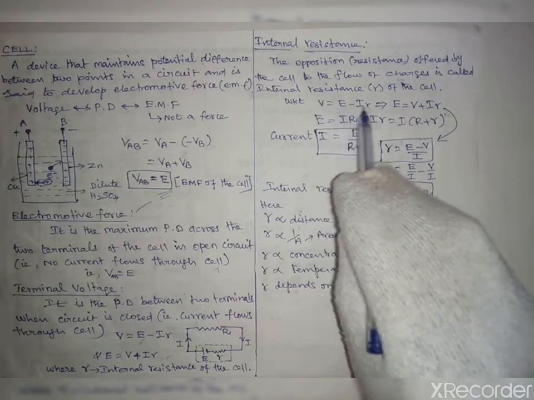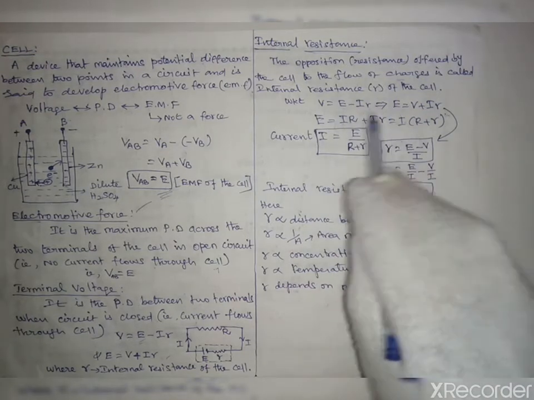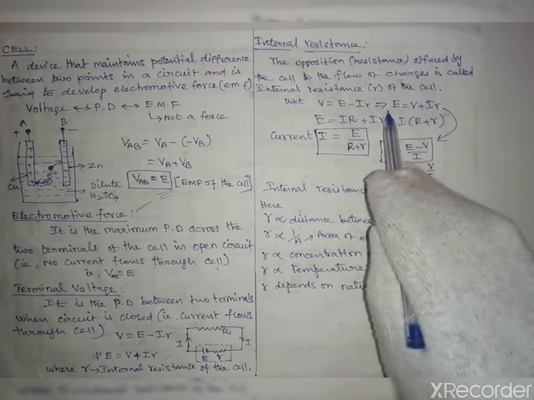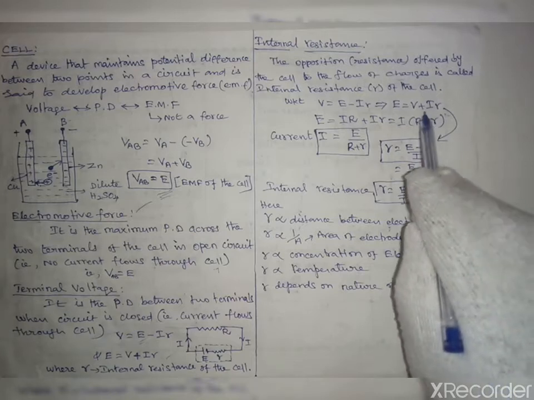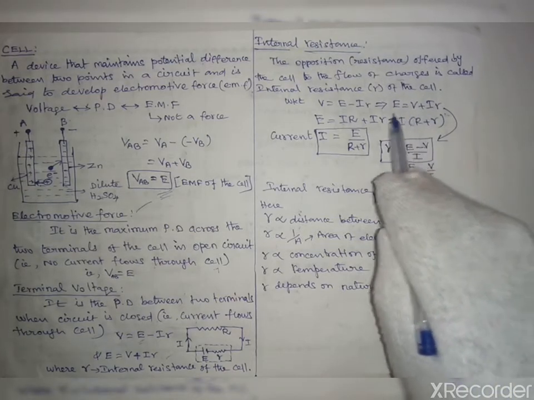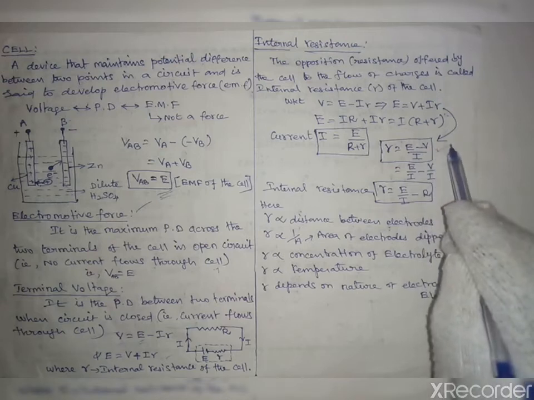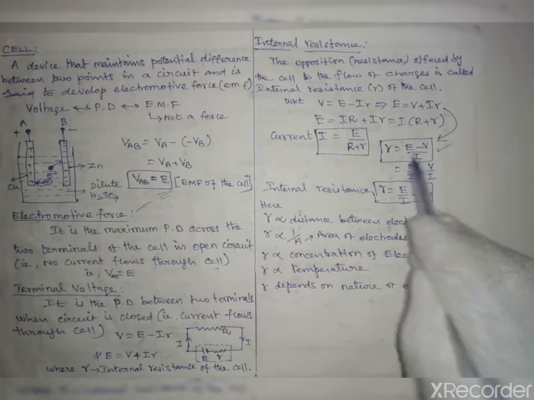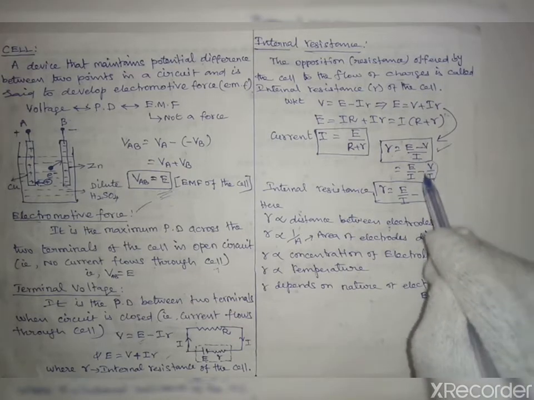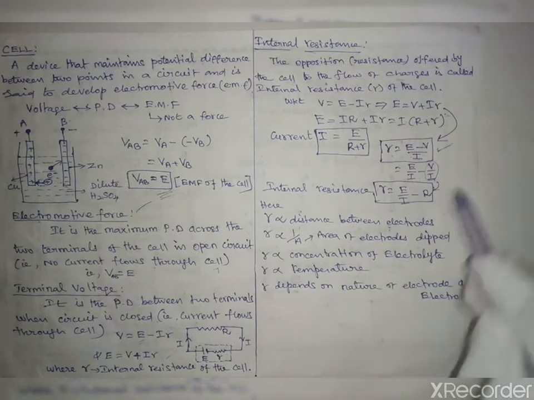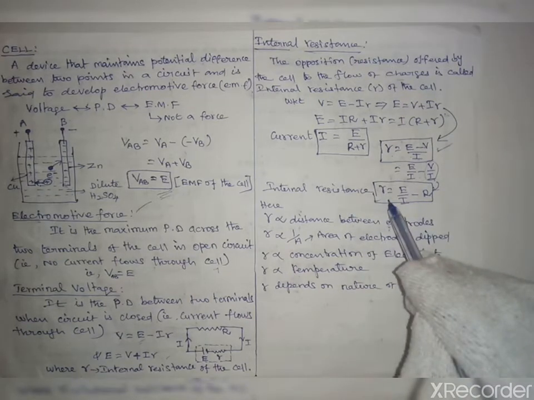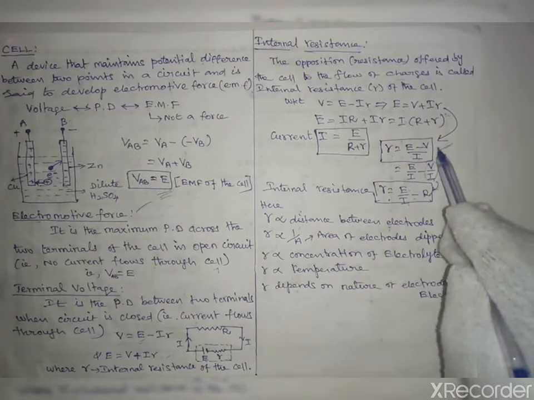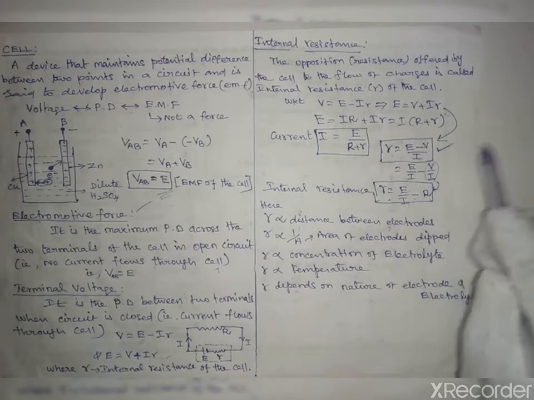So from the equation V equals E minus Ir, which is E equals V plus Ir, from this, r can be written as, taking V to the left side, E minus V, and I also taking to the left side goes to the denominator, so E minus V by I, which gives the internal resistance of the cell. At the same time we can separate these two, E by I minus V by I, and V by I is also known as R, the external resistance. So we can write internal resistance r equals E by I minus R. So this is the formula for internal resistance.